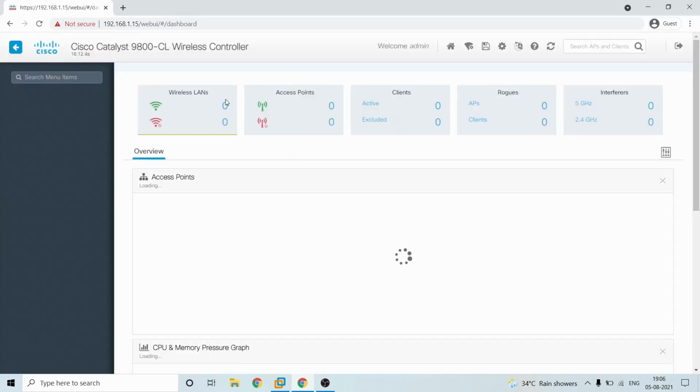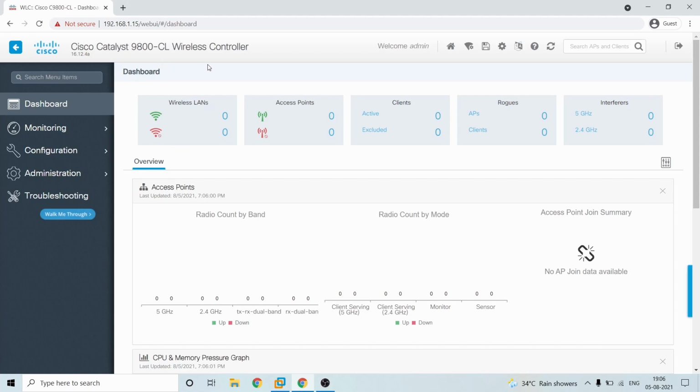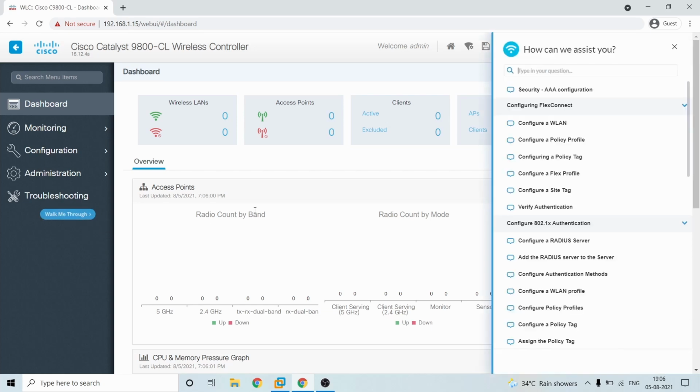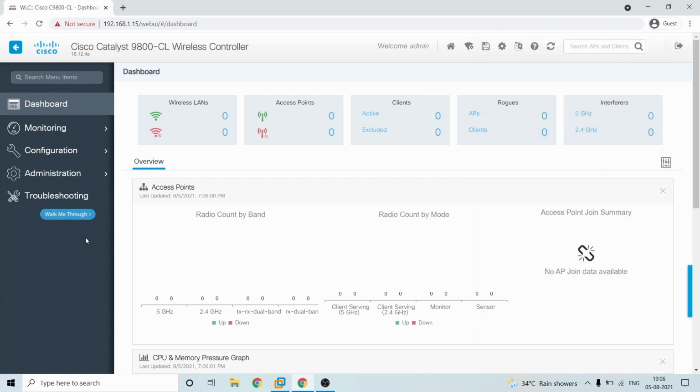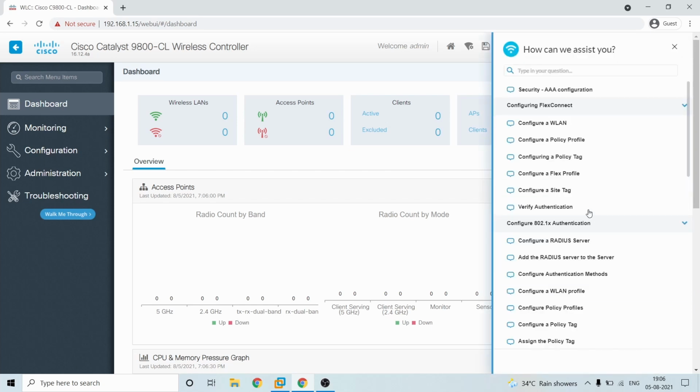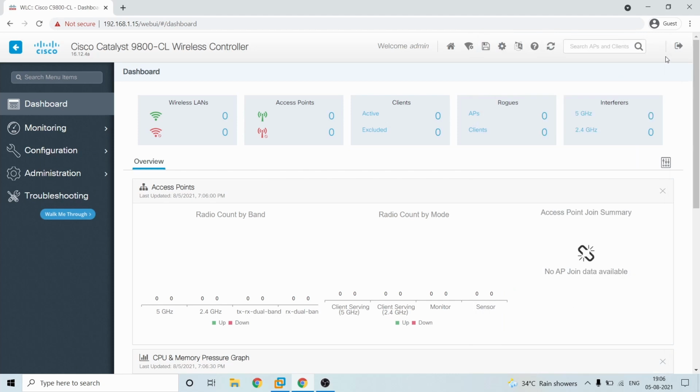Okay. So this WLC 9800 is a bit different when compared to the other Cisco controllers. That is the reason Cisco has given a lot of easy walkthrough ways to do it. The easiest way is to click through the walkthrough, and then there are a lot of options like how to configure a VLAN, WLAN, policy profile, and all those stuffs. If, once in production, this option is not available, you can always click the interactive help here. That will bring up the same menu showing how to do it.